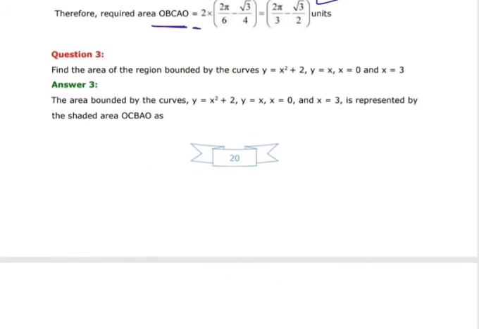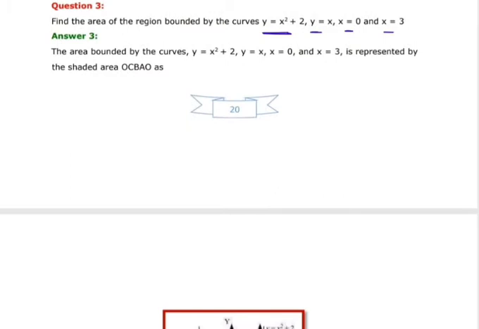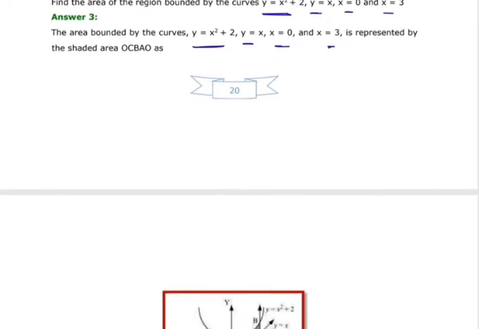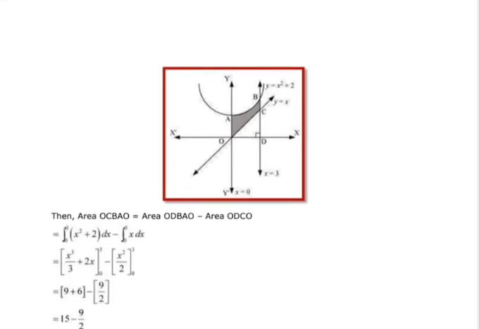Find the area of a region bounded by the curve y equals to x square plus 2, y equals to x, and x equals to 0 to x equals to 3. So let's see. I will given values here. The bounded curves y equals to x square plus 2, y equals to x, and x equals to 0 to 3, represented by the shaded region OCBAO. Let's see in the figure. So we have drawn the figure y equals to x square plus 2, whereas the line y equals to x we have. So this shaded region we have to find here